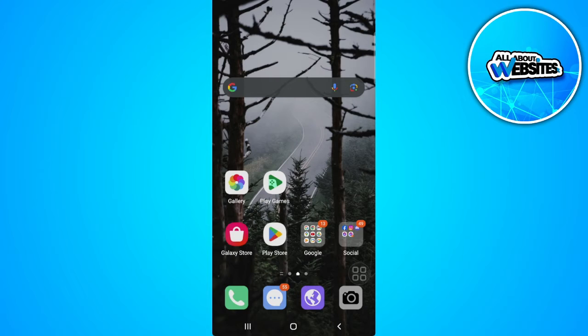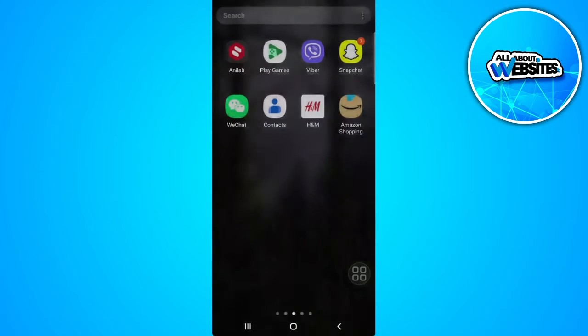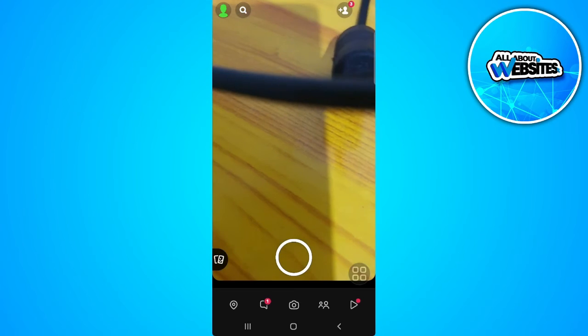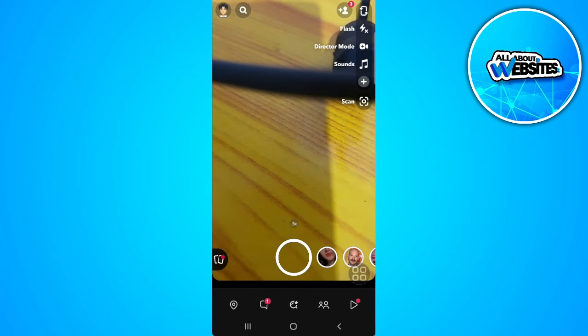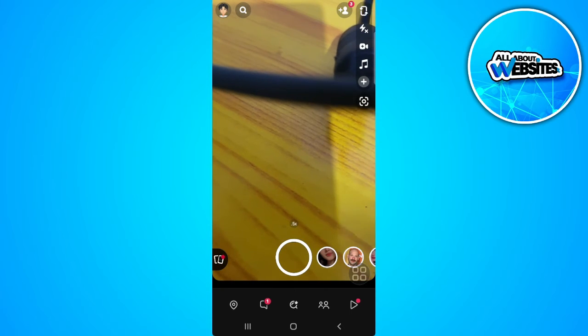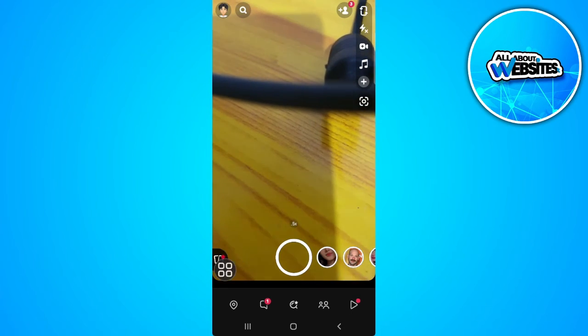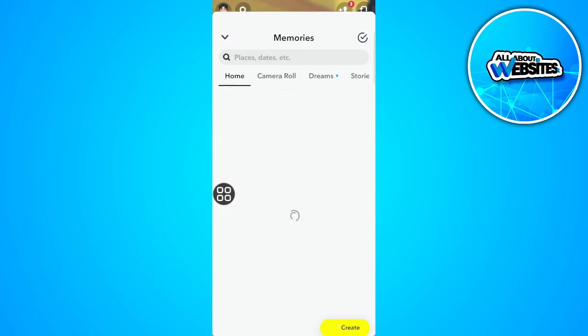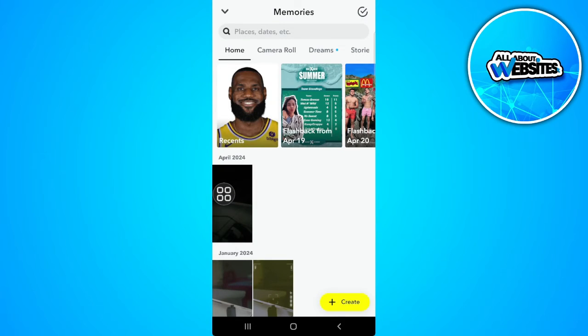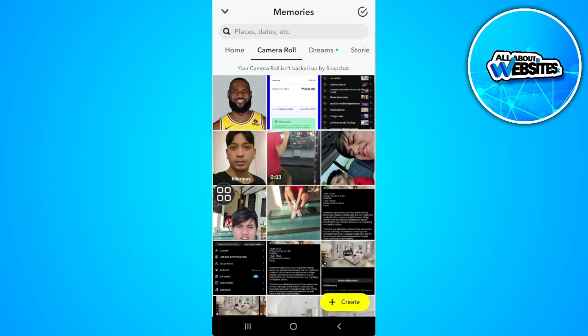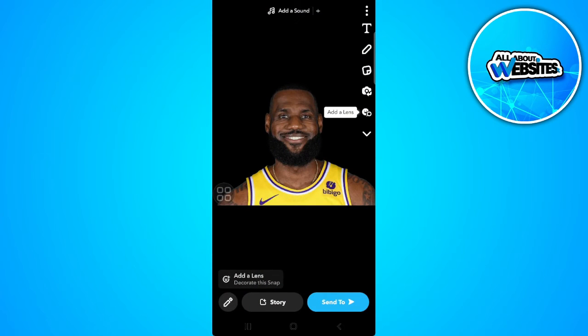So let's get started. The first thing you want to do is open your Snapchat application. Now from here, just tap on the gallery icon on the lower left corner of the screen, which is this. Now select camera roll. Now select the existing photo, and from here to add a filter to this, you will